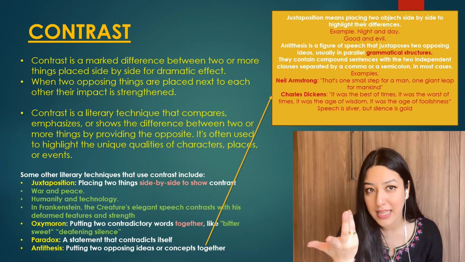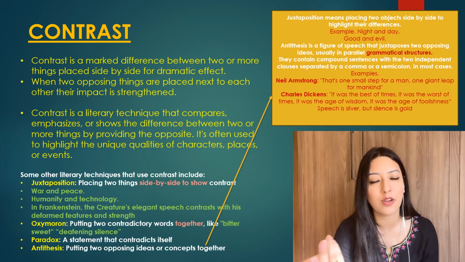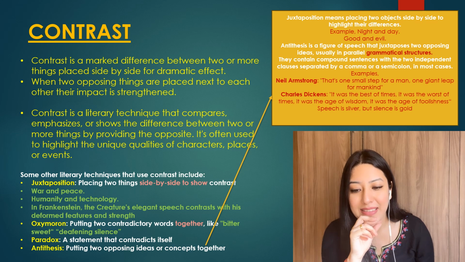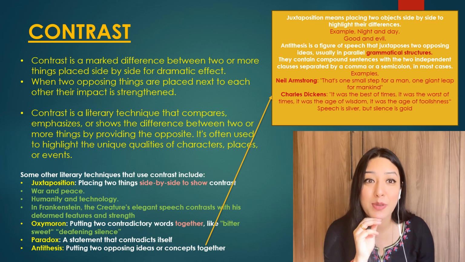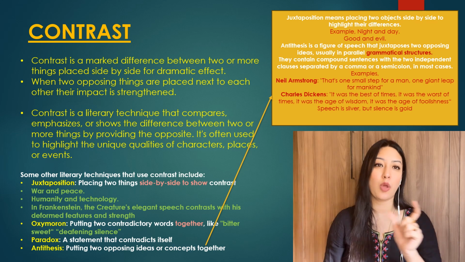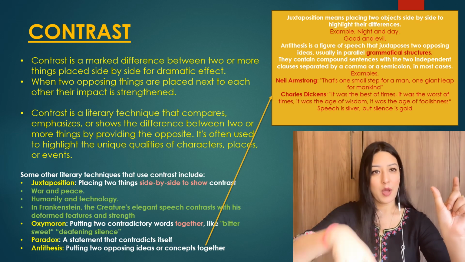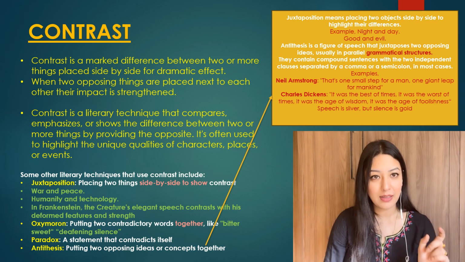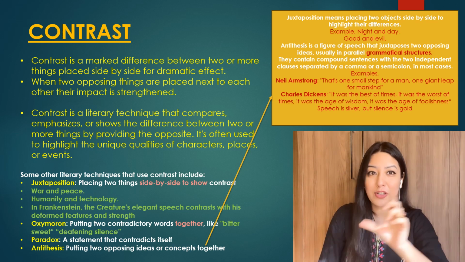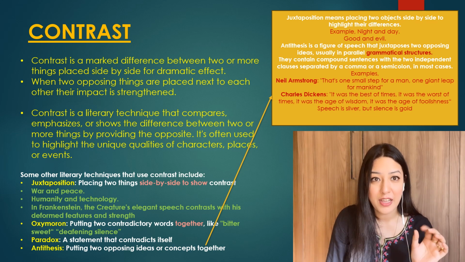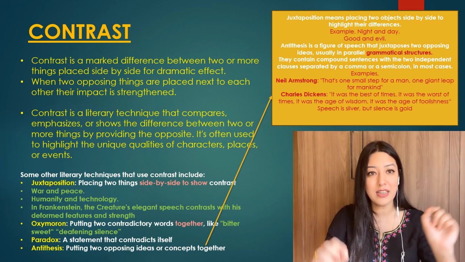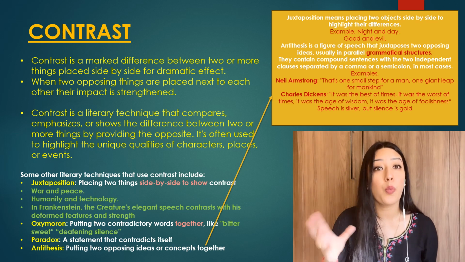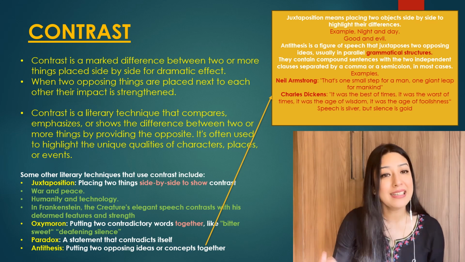So let's look at the example. When you look at the example, you realize how easy the concept is. Neil Armstrong had said, "That's one small step for a man, one giant leap for mankind." So you see, these are independent sentences: one small step for a man, one giant leap for mankind, okay? And you are actually joining these two together. Small step, giant leap. These are contrast. Contrasting ideas, long grammatical structure, separated by a comma. Independent sentences brought together.